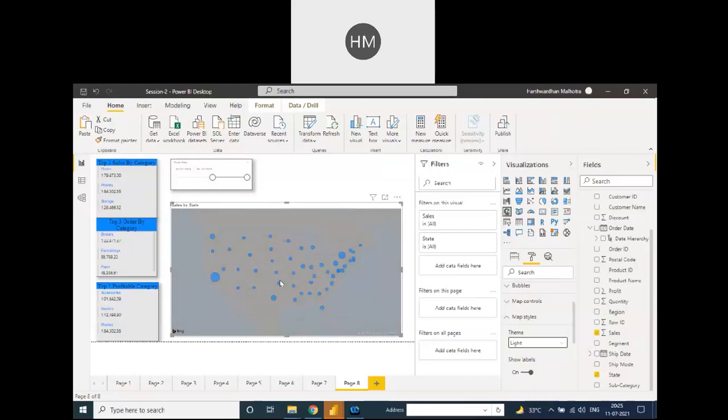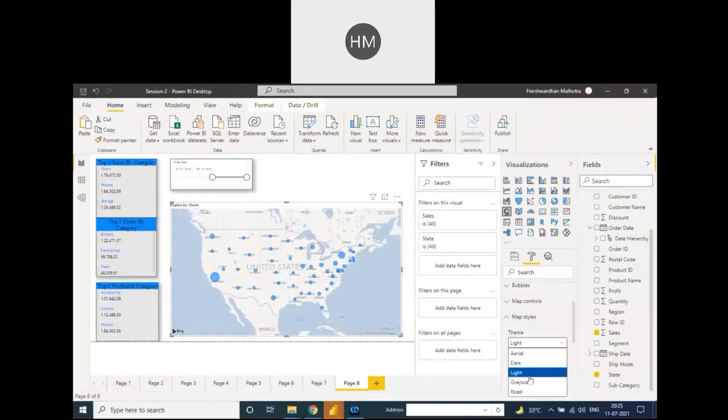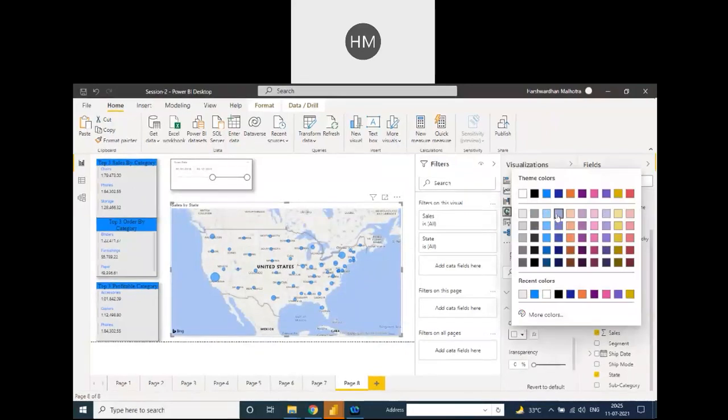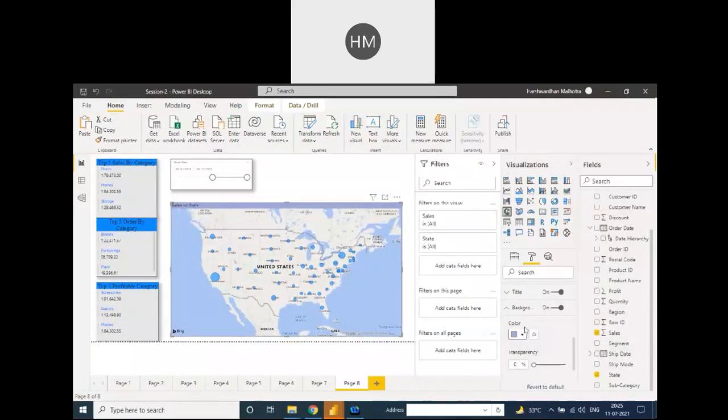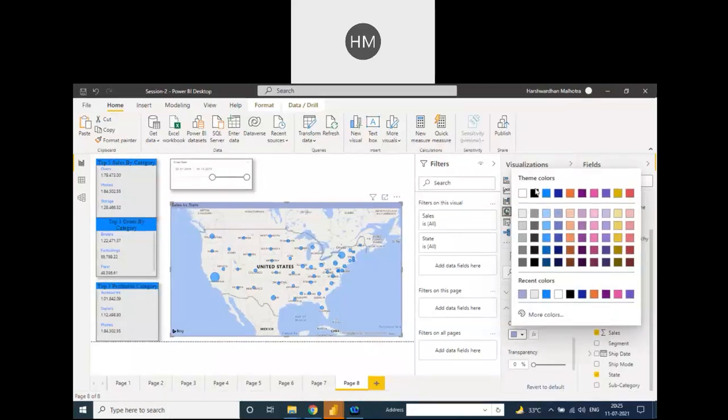Light looks like this, and grayscale looks like this, and road is the original one I showed you earlier. If you need to change the background color, there is a background color option, you can put some black color.